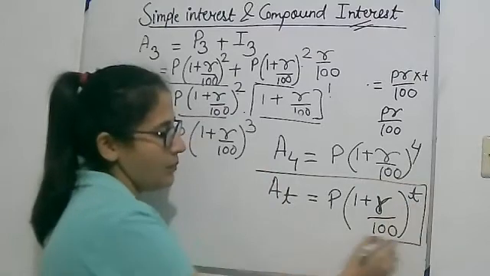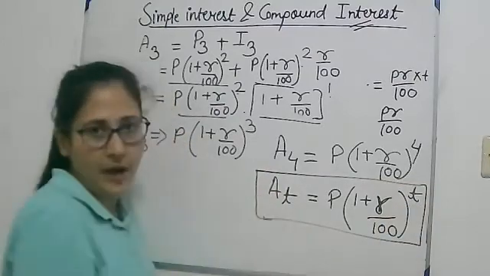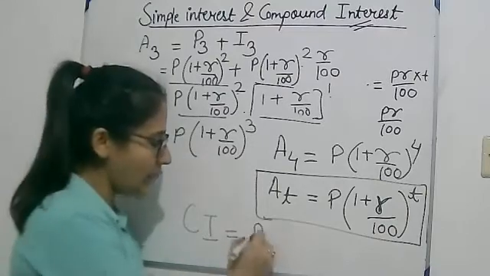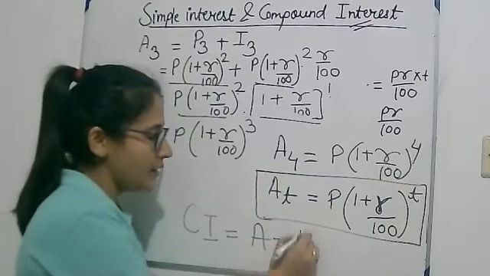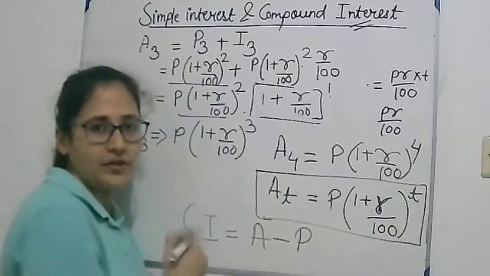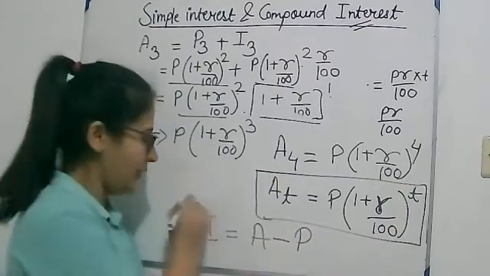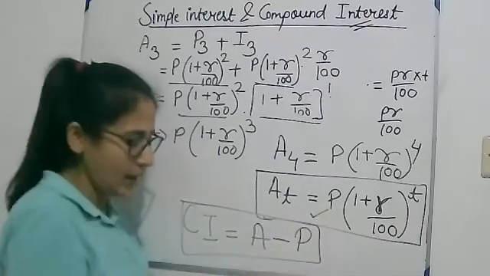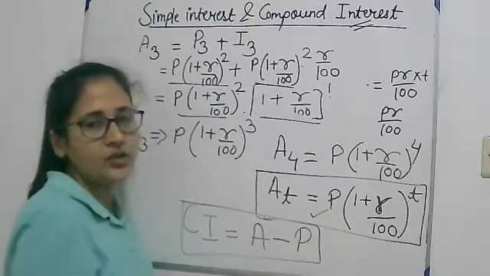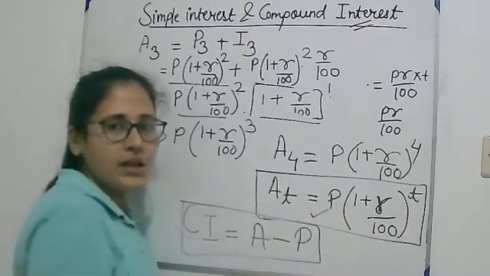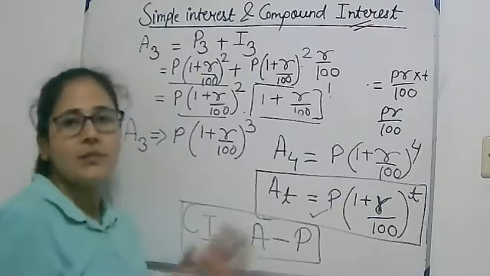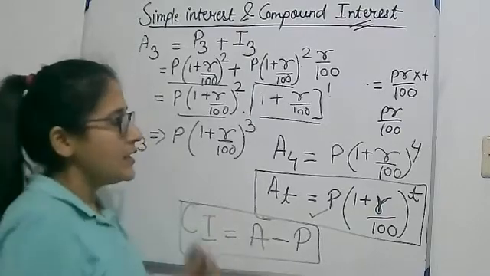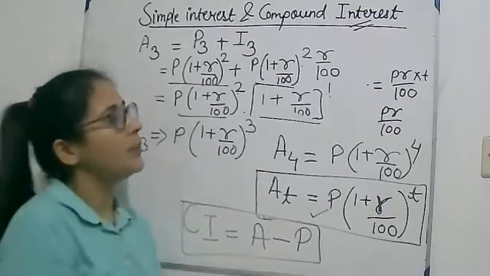So this is the formula for finding compound interest, because what will be the compound interest in the end? The amount which we have to pay minus the principal amount which we borrowed from the bank as a loan. This is the reason we have to find the value of A. How this formula is derived, I think it should be clear now. Just learn it. For compound interest, the principal amount always changes for each year. Let's see some simple questions from compound interest.